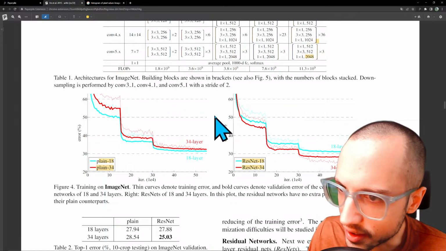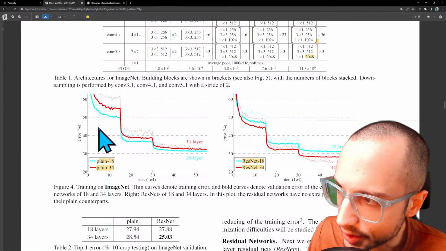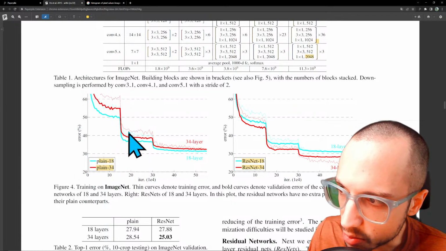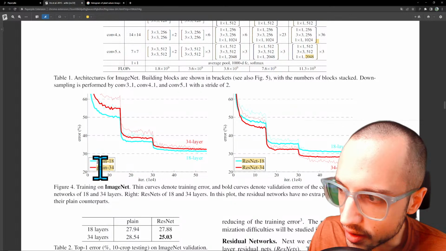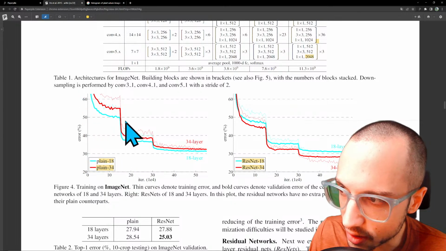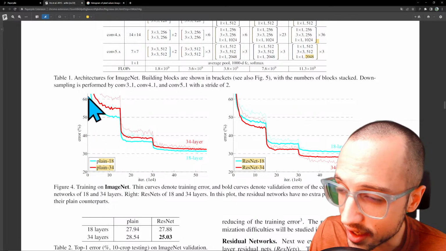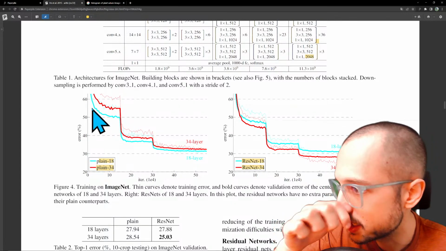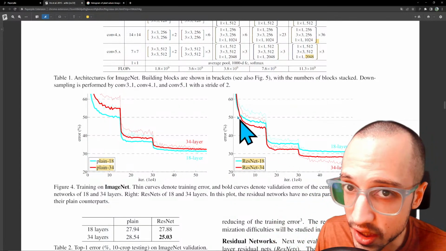And one interesting thing to note here is, look at this part here. At the very beginning of the problem, the shallower network actually learns a lot quicker. If you don't have skip connections, the shallower network is going to learn a lot quicker. The deep network is going to take a while to get started because it's so deep that the gradients can't penetrate. But with the residual connections,